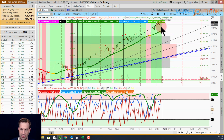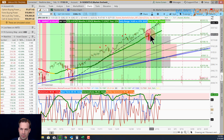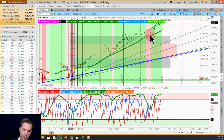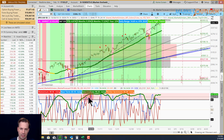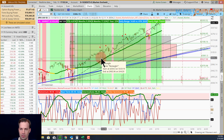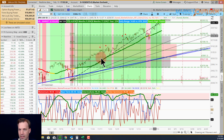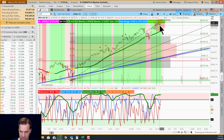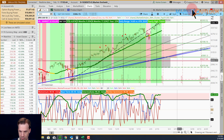It's been a nice, good run off of this bullish pattern of light pink shading and a yellow line, which is usually a bullish pattern. The closer you are to the beginning, it's like getting a cluster at the beginning of an intermediate run. Getting this pattern towards the beginning too, like within that first month or so, is a pretty good sign. But in this case, we're over 3 months, and now we're 4 months into this intermediate run, with market sentiment